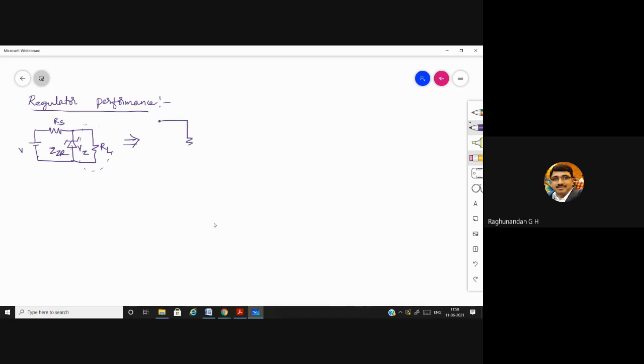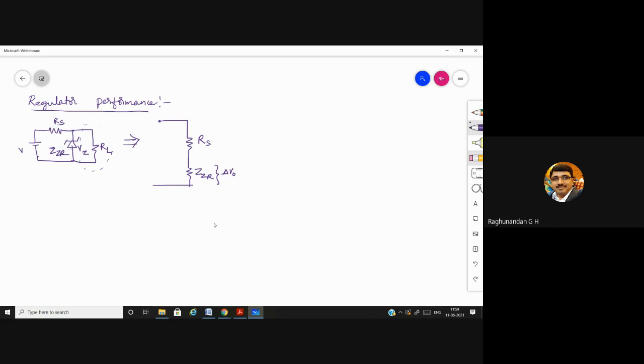So we'll try to analyze step by step so that you can understand how we have written the circuit. So first ignore this RL, just write down RS and this is ZZR, and you know that across this only we'll be having the output voltage, because RL and VZ, they are parallel to each other, means obviously the voltage across RL will be equal to voltage across Zener diode. So we write it as delta V naught. Any changes that happens across Zener diode, that will be the change which occur across the load resistance.